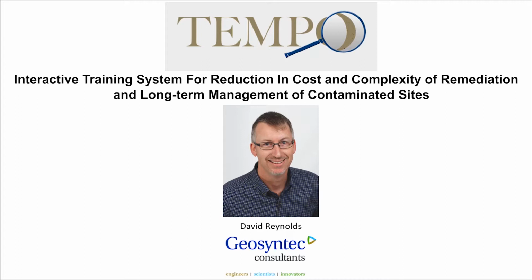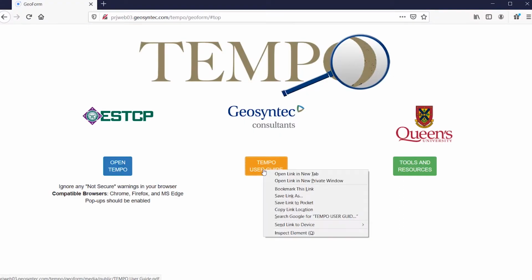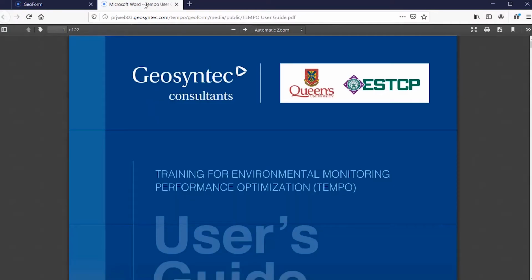Today, I'm going to demonstrate the Tempo interactive learning environment. There are 3 colored buttons on the main Tempo page. Selecting the yellow button launches the user's guide. I suggest to right-click and launch it in a new tab such that it is easily accessible during your use